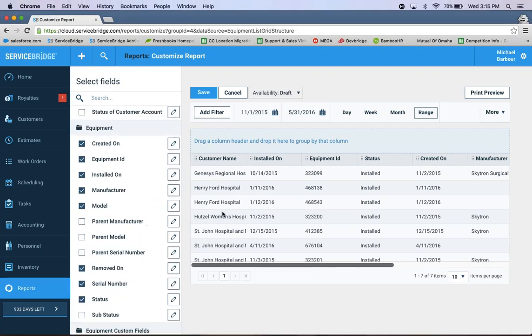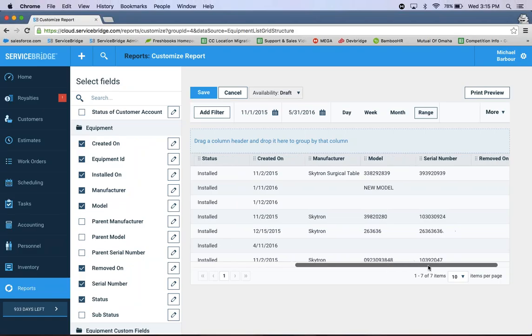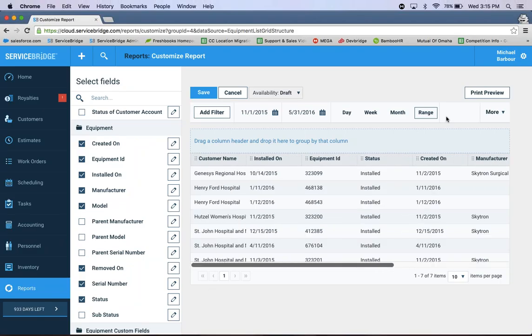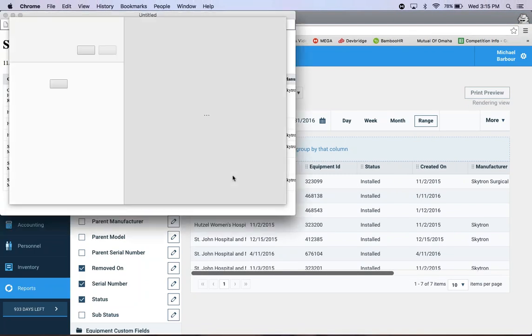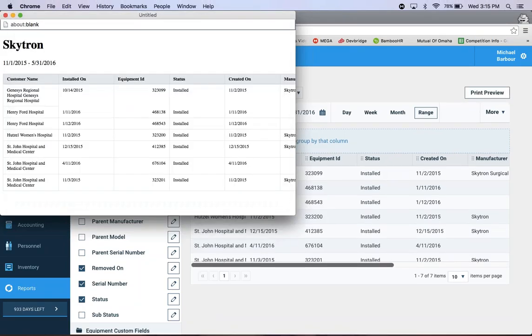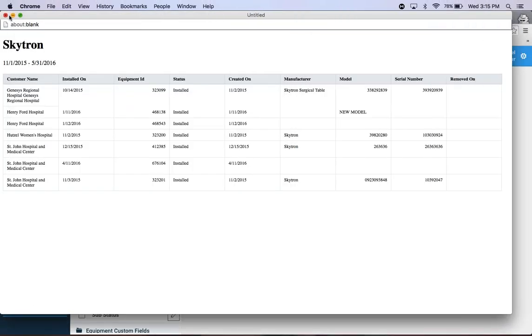So it's good to pull this once a month, make sure all the statuses are in line. Maybe there needs to be repairs, maybe you need to service it, have checkups, things like that. This allows you to really condense all your equipment into one easy, viewable kind of Excel sheet and format. And again, you can print preview this information, have it easily accessible, as you can see here. And yeah, it's good to go.